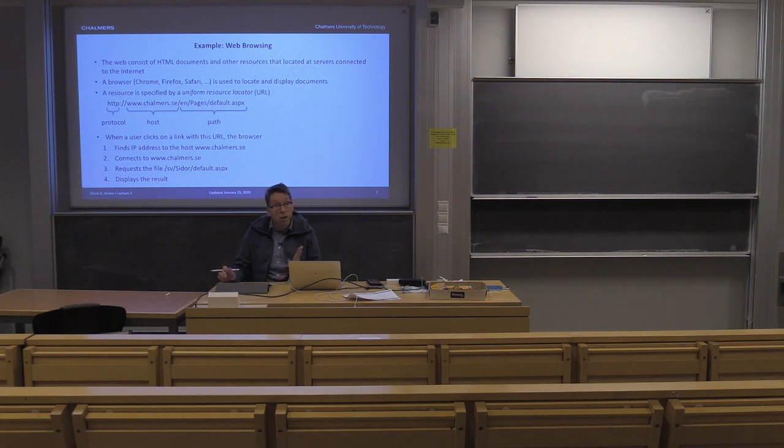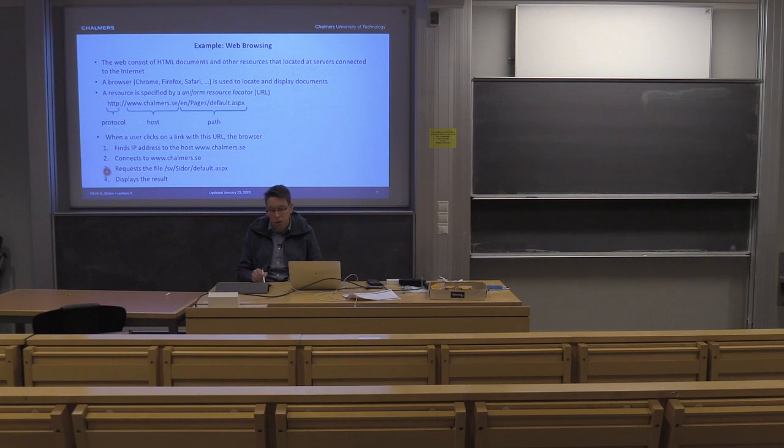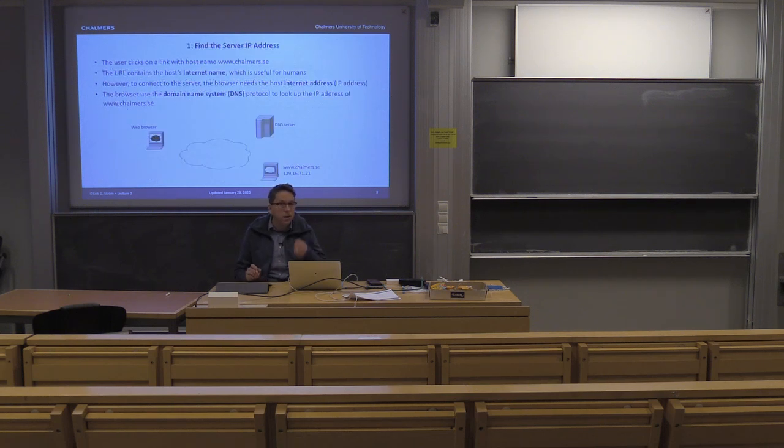So let's look more in detail at this process. The first thing to do, remember now we have four things here. We need to find the IP address, we need to connect, we need to request the file, and then we need to display the result. So the first thing to do is to find the server's IP address. That's step number one. So a user clicks on a link which requests some resource at this host,